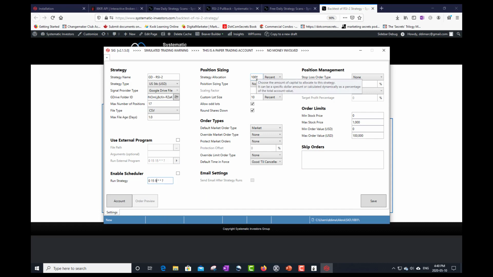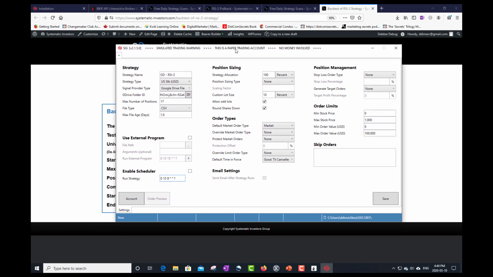So now this is the interesting part. What you can do is you can say, you know what, I've got 100% of my account, but I don't want to trade 100% of my account. I want to be a diversified, systematic trader. I want to diversify my opportunities. I want to diversify my risks across multiple strategies that are going to take advantage of different time frames, different trading opportunities, different trading approaches. So let's say my goal is to trade 5 strategies eventually. So I might say, well, I'm going to trade 20% of this particular strategy out of 100% of my account that's available. Now my custom lot size